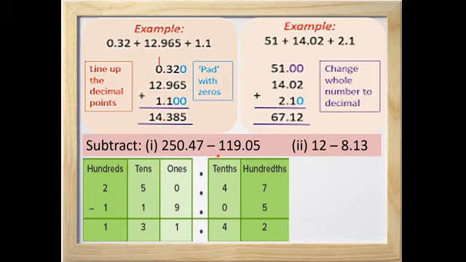Now arrange this number also in the place value chart just below the first number. So here 119 is written here. 1 is in the hundreds place. This another one is in the tens place. 9 is in the ones place. Put the point here just below the other point, and then 0 is in the tenths place and 5 is in the hundredths place. Understood, children? So we have arranged these numbers. Now let us start subtracting them. 7 minus 5 is equal to 2. 4 minus 0 is equal to 4. Bring the decimal point just like that.